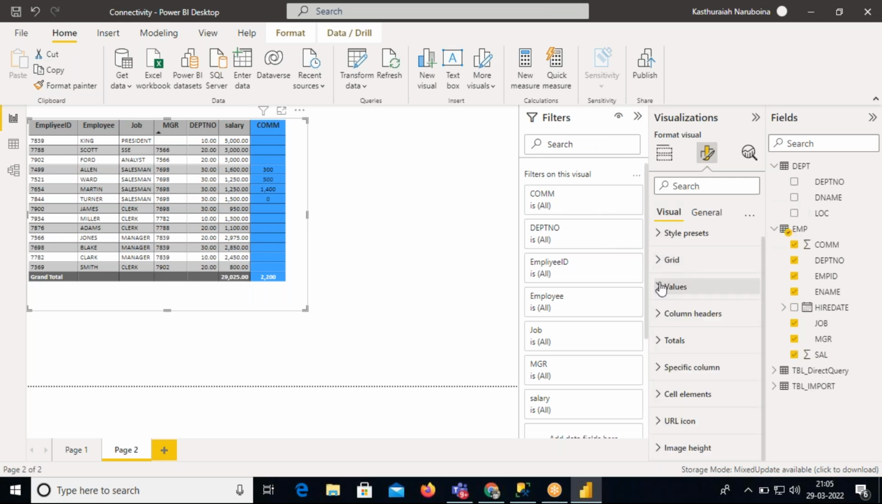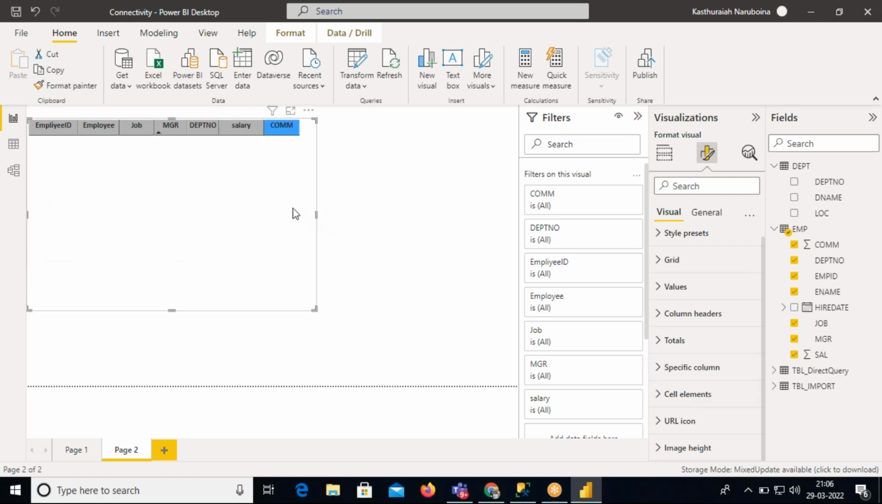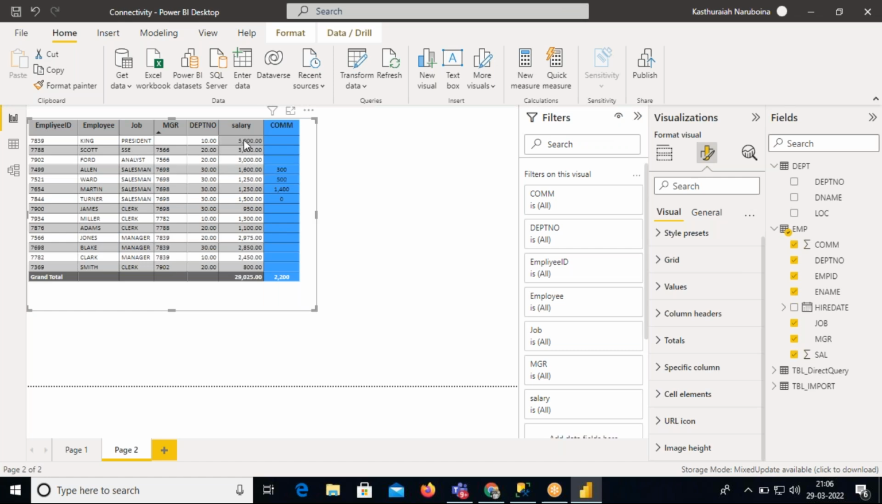Now in case you go to cell elements, which is nothing but conditional formatting, if you have a condition like salary, for example if the salary is greater than 3,000, highlight that cell with some background color. If the salary is less than 3,000, highlight with some other color. So